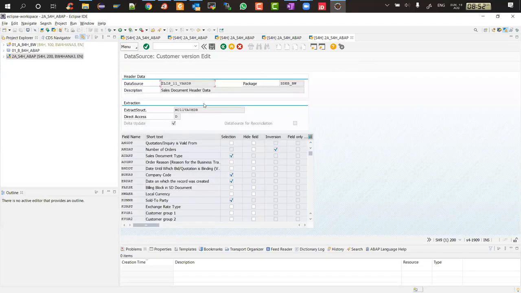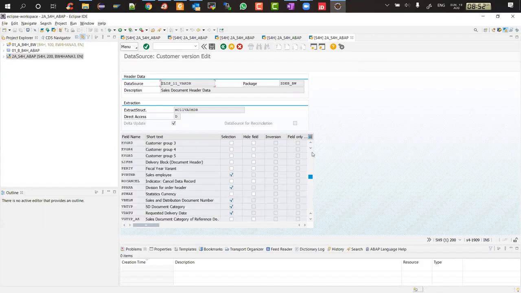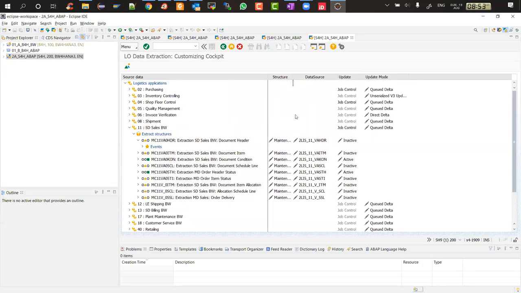It will go to the same RSA6 kind of a screen. Just make sure nothing is hidden. If you want to hide, you can hide, but I'm just making sure I transfer all the fields. I click on save. Everything is fine. Now, final thing is update. Okay, I will update